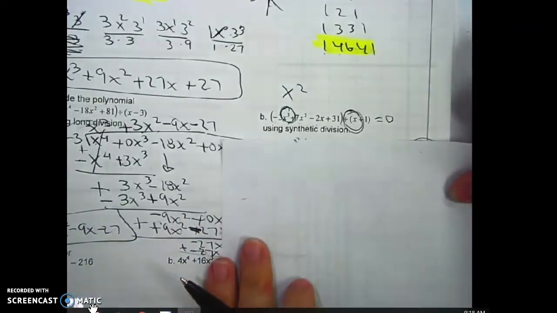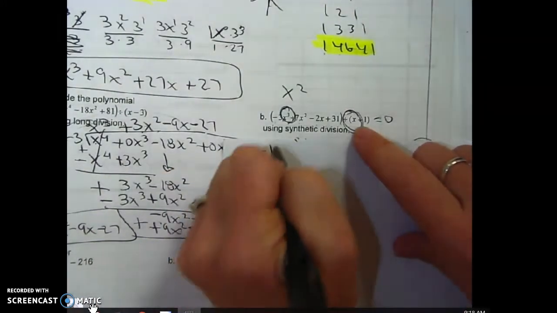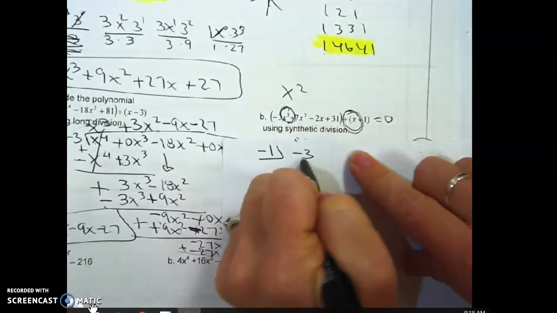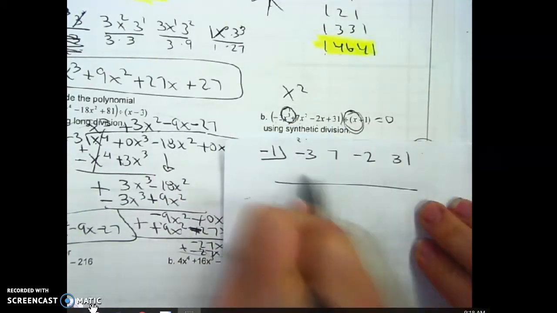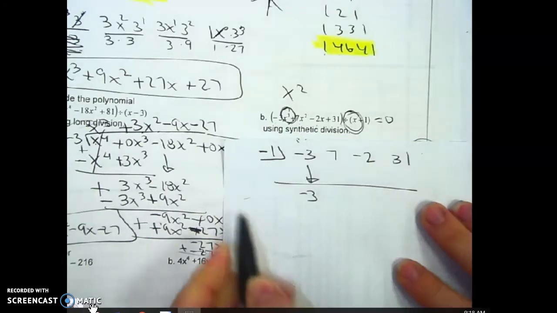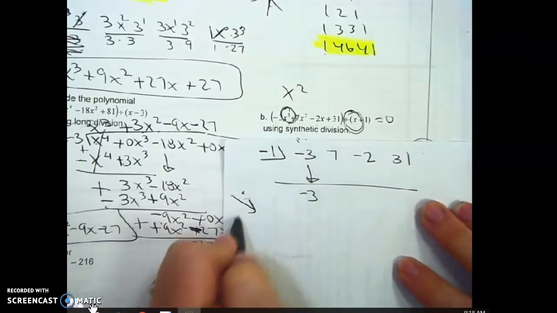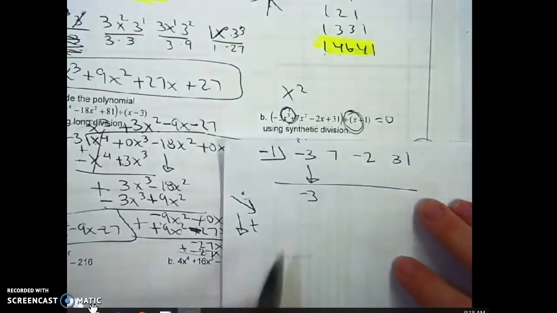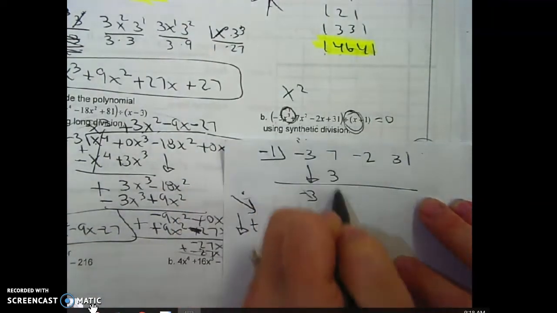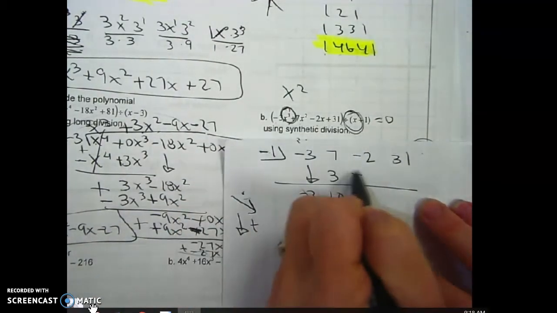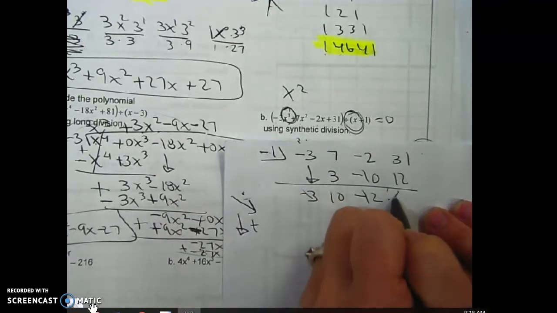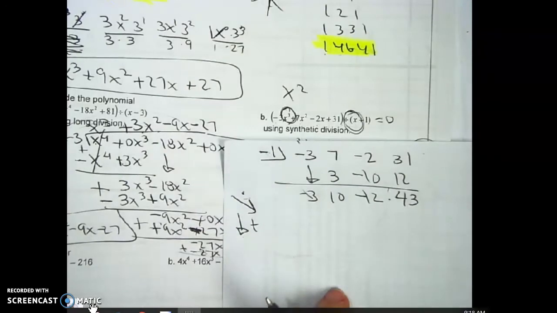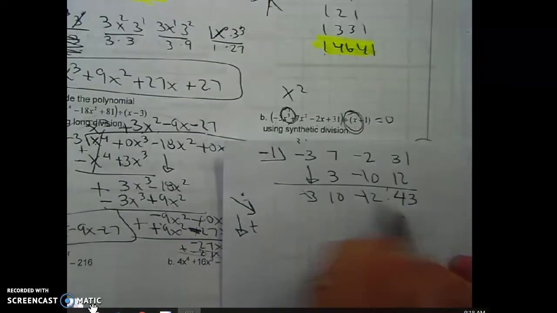So let me start again. Set it equal to 0. -3, 7, -2, 31. Bring down the first number. Remember, when we're diagonal, we multiply, and when we're vertical, we add. So diagonal, multiply, vertical, add. Diagonal, multiply, vertical, add. All right, this is my remainder